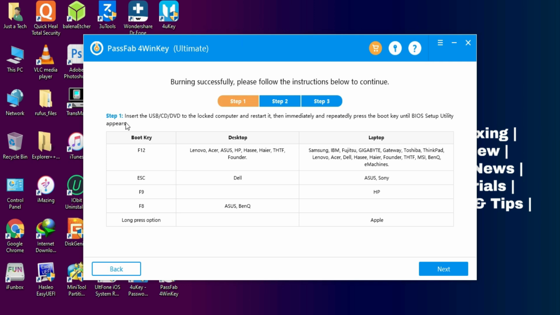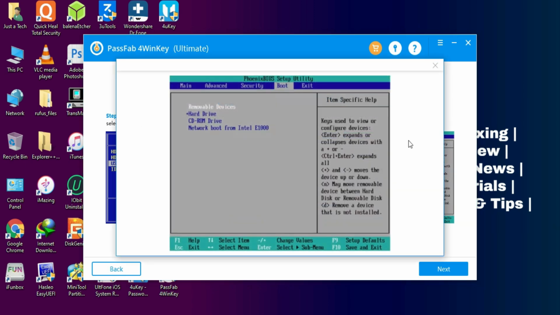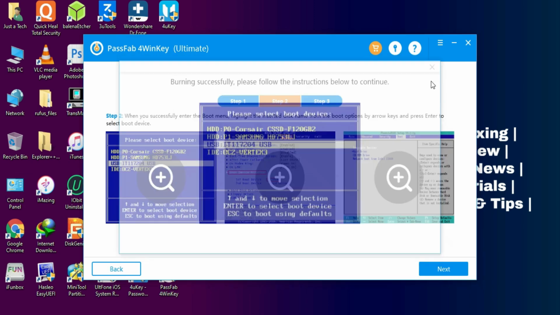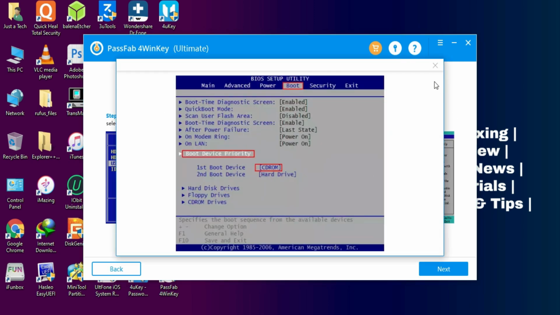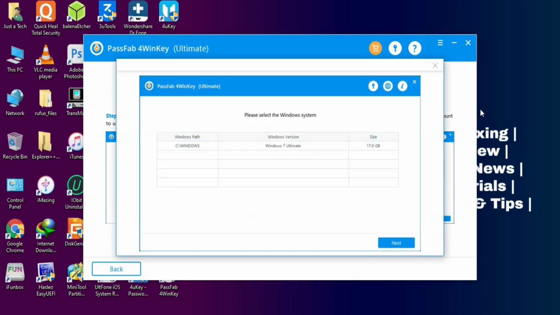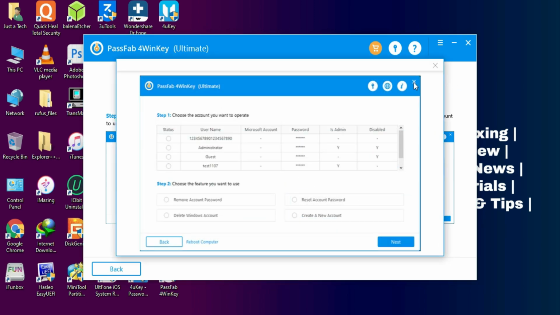Now you need to reboot your PC and then go to your BIOS settings and boot from the USB stick. If you don't know how to boot from a USB stick and go to your BIOS, you can check all these settings, and the BIOS shortcut keys are given here for different kinds of models according to your PC. So you can check from the list and you will get the BIOS shortcuts. You can see the different kinds of BIOS, UEFI and legacy, both are supported. So you can check all the shortcut keys according to your model, and then you can go from it and boot from the USB stick.